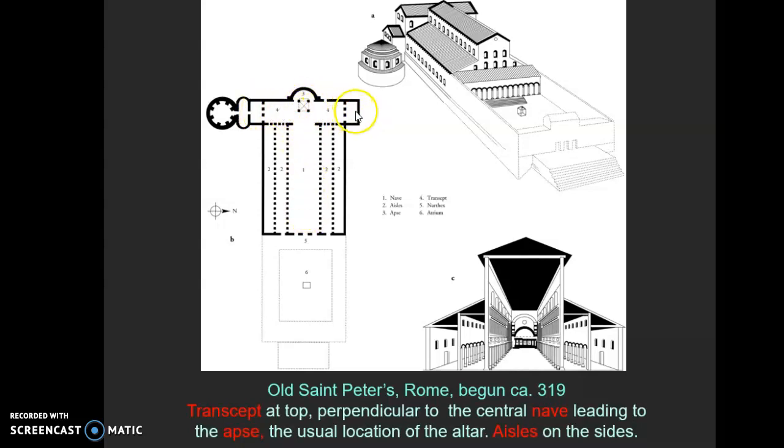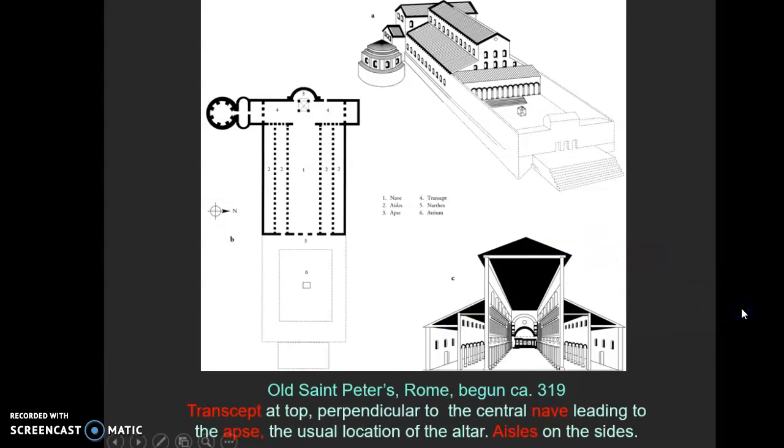This element here running perpendicular is the transept. This is where all the saints' relics and very significant holy objects would be displayed or stored. And then people would be organized to watch or hear sermons from the aisles. That's what number 2 is. Number 1 is not the aisle. I know we like to say walking down the aisle. That's the nave of the church. So some quick architectural lingo. And the idea, again, is to get people inside. So that's going to change architecture to accommodate that Christian mandate.